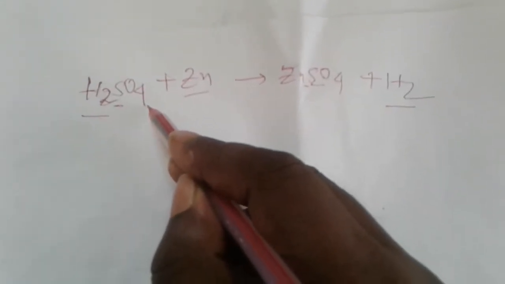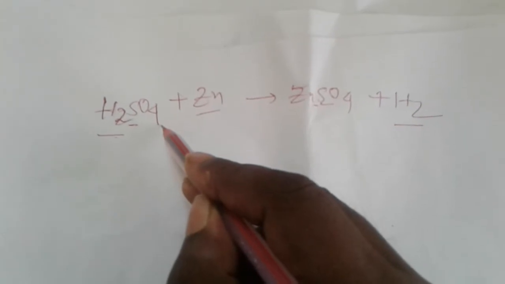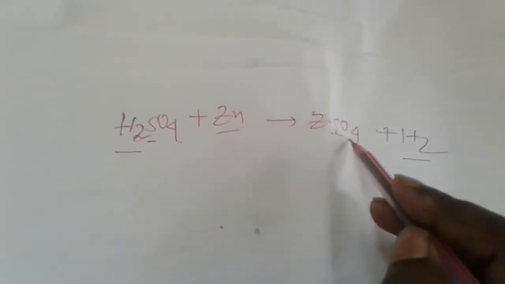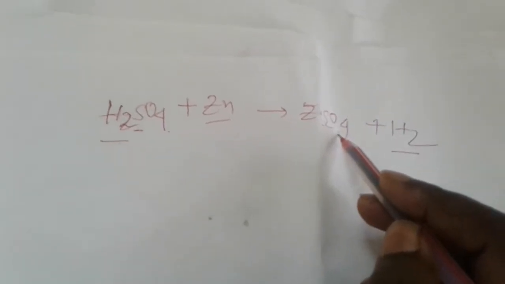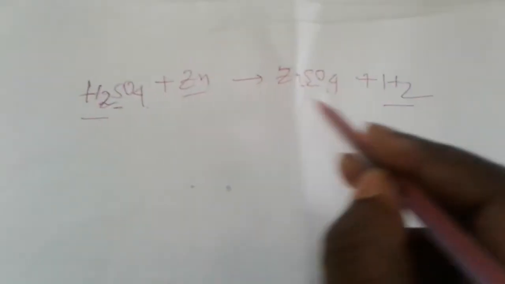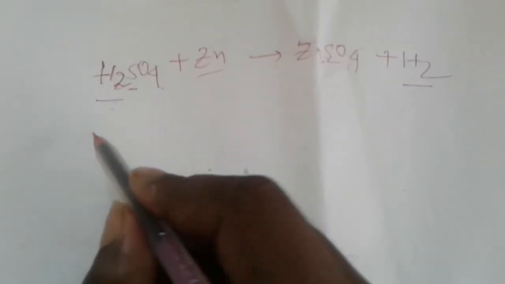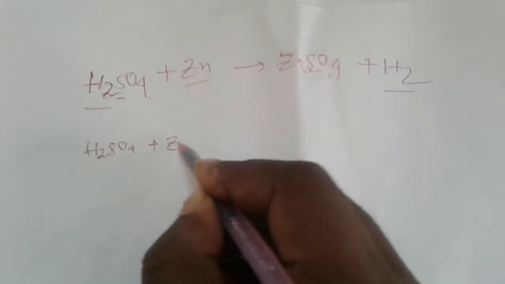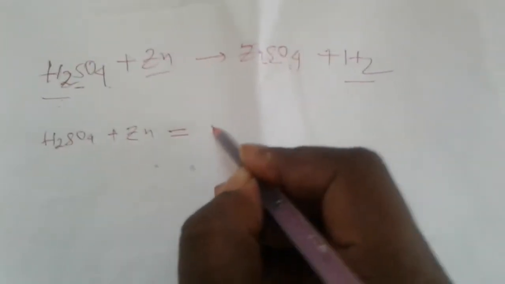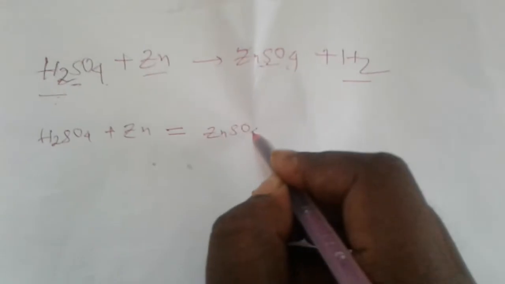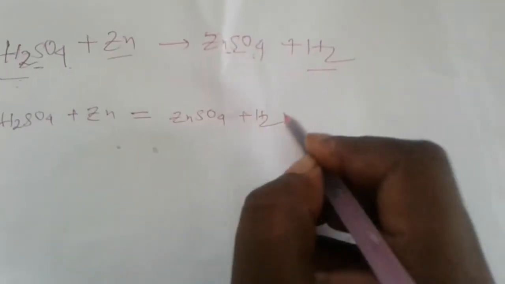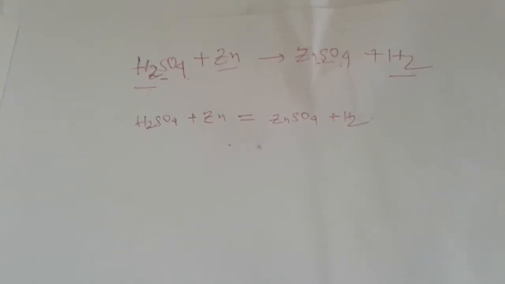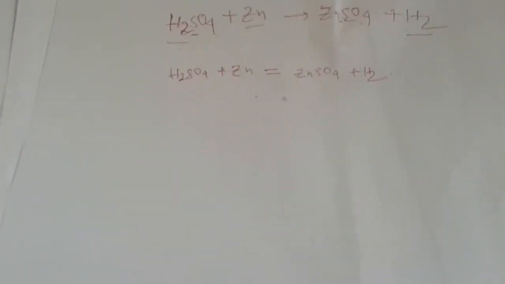How many oxygen atoms are there? 4. So 4 oxygen atoms in the reactant side, and in the product side also 4 oxygen atoms. That means the equation was balanced initially. So the only thing we have to do is rewrite the equation by replacing the arrow with the equal sign. So this is one of the methods, the inspection method, in which we can balance a chemical equation. But here the equation was actually balanced initially.